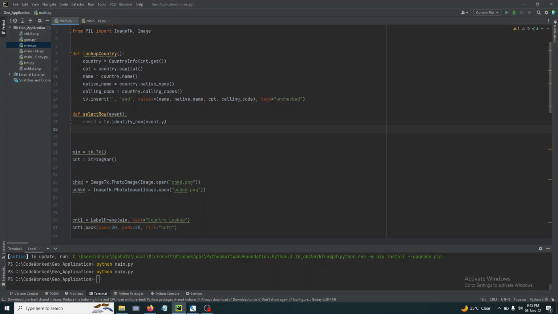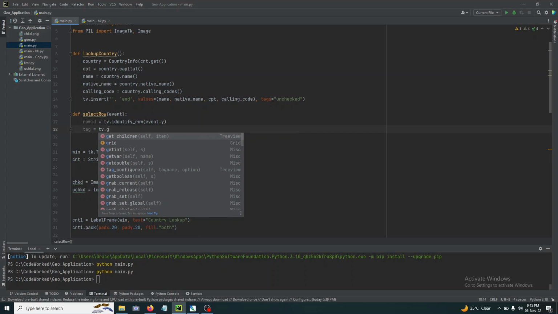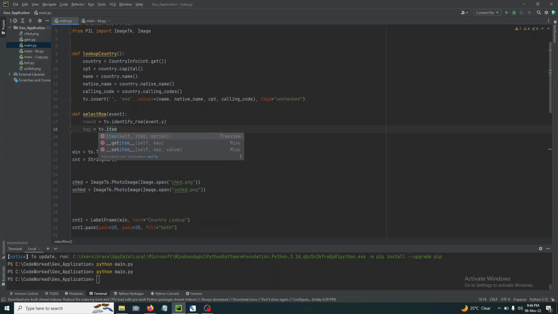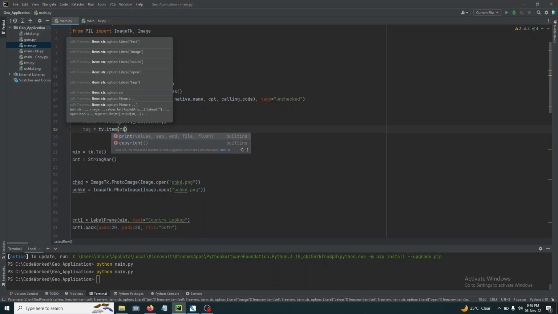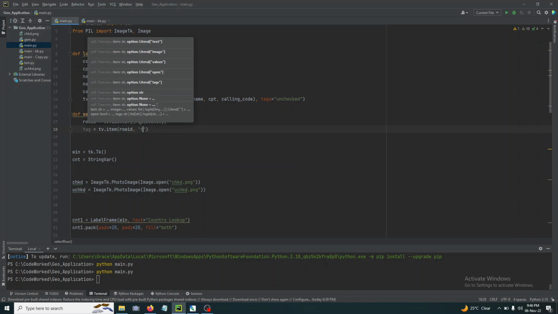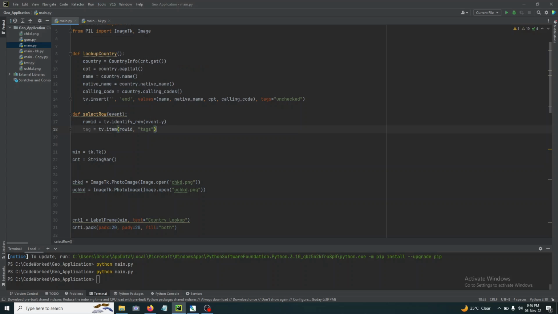Okay, so here first we will get the current tag, so we can easily work with it later. tv dot get, no, tv dot item, I think, yeah, tv dot item, and here we will use row id, and here tags, and tags in first index, so I use 0. Okay,